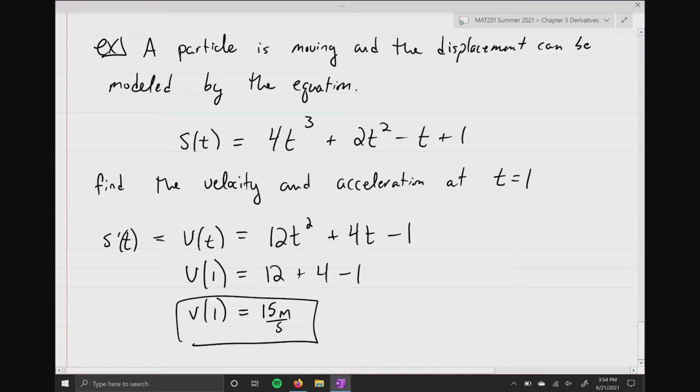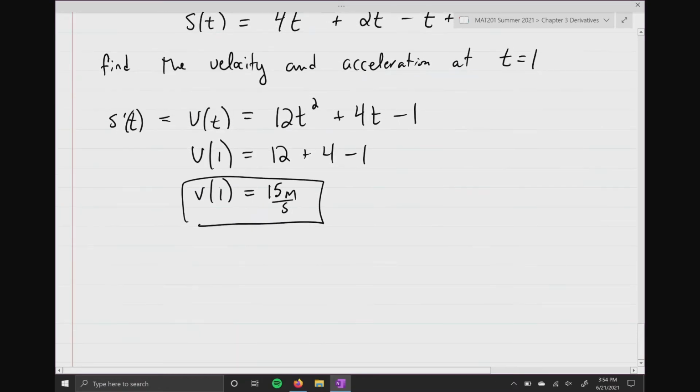Okay, but what's really important here is this. We know the velocity is positive, so this particle is moving forward. If it were negative, it would be moving backwards. Okay? Now, the acceleration